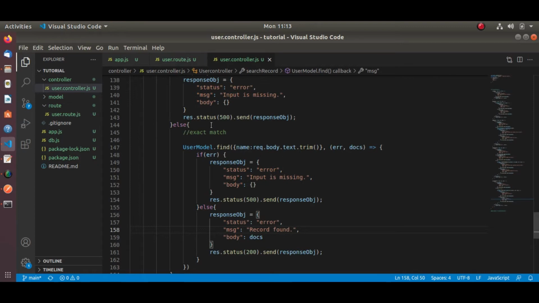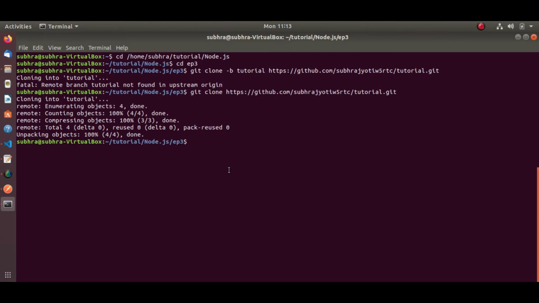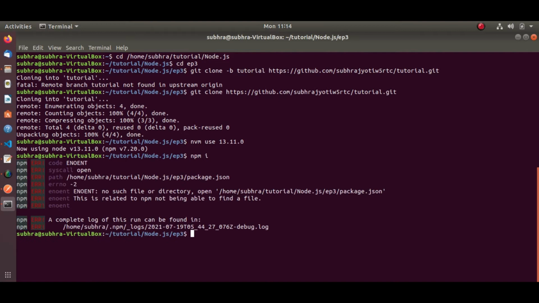Let's test this first search part from the Postman. Before that, let me run our server. So what I will do, I will install the node modules first, npm i.